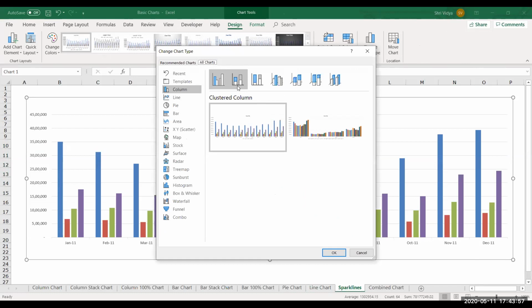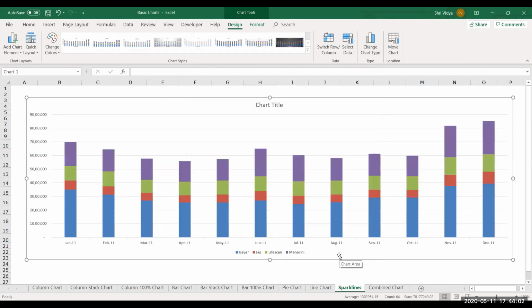Let's say if I take stacked column, again it doesn't make much difference to me. So almost all columns are looking in the same manner. So when you have something like this, you can use stacked column up to five series, not more than that. Again, it will be too difficult to plot the areas over here.